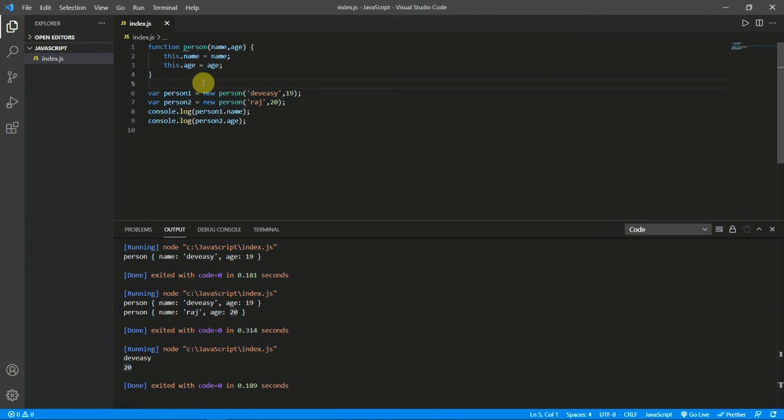This will be used many times when you start working with API calls and databases. You will mostly get the values in these object types, where you will have a property and then the value. When you want something, you will just take it out like this. That is all about objects.